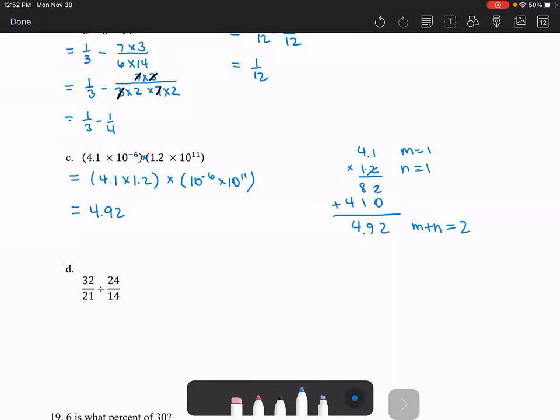Okay, and now we do the scientific notation. So 10 to the negative 6 times 10 to the 11. When we multiply, we add the exponents. So this is 10 to the 5th. And then this is in scientific notation. So the answer